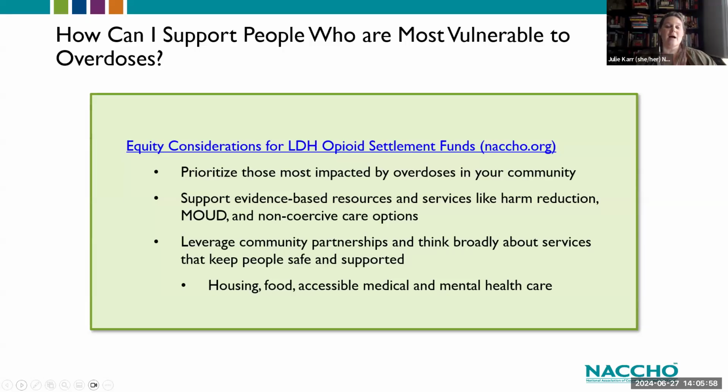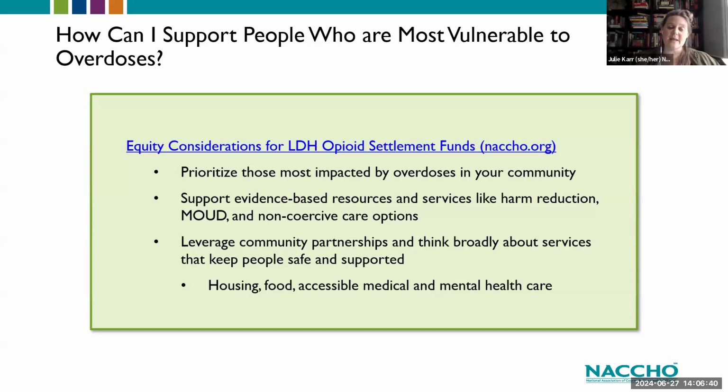Through all these opioid settlements, there have been a lot of snake oil salesmen and folks who have been very opportunistic, saying, hey, we have this brand new product and it can detect X, Y, and Z, or it can do this. And a lot of them are not supported by evidence. They're very new and they don't have a lot of grounding. So it's really important to talk to those experts, who are often going to be your health departments, and really look at the evidence base for those big purchases,